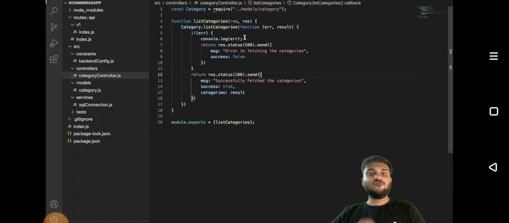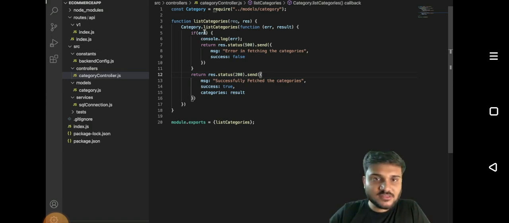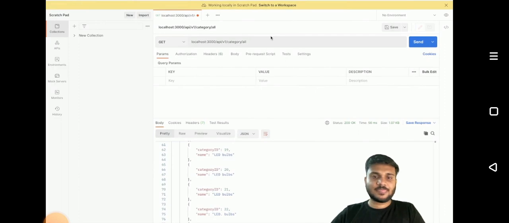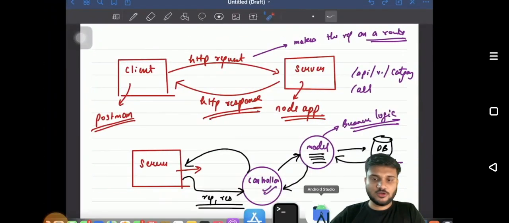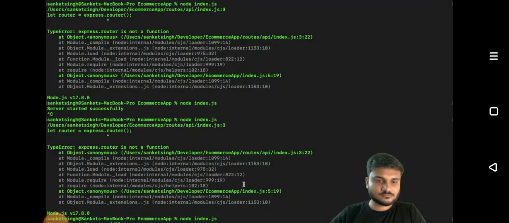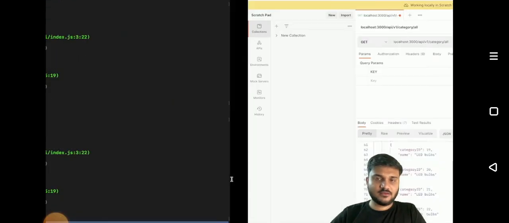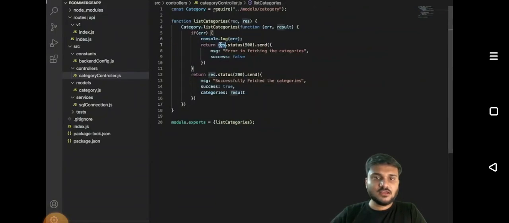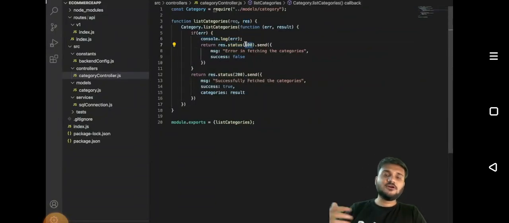We will say that when the category model has been executed and, for any reason, there was some error due to which the model function was not able to complete its task, we will have this error variable. If there is any error, we'll first of all print the error. So if you go to the terminal, we'll be able to print the error here. Apart from that, we will say res.status 500,